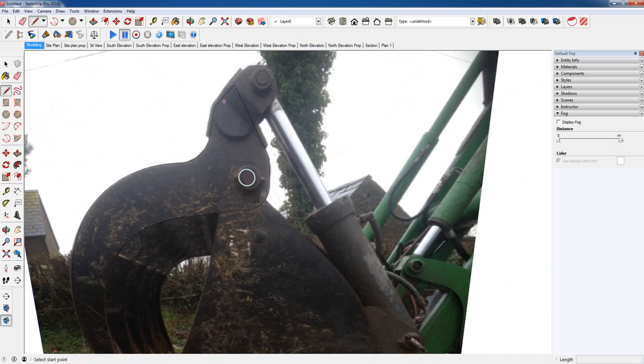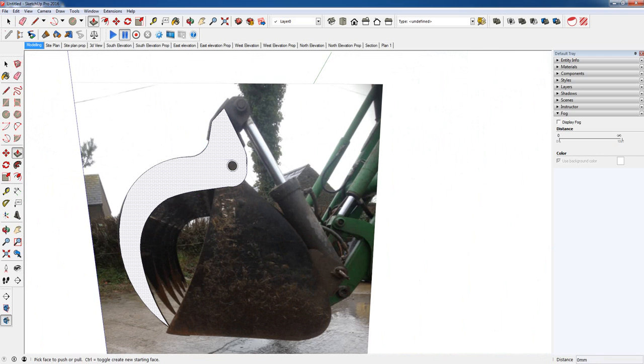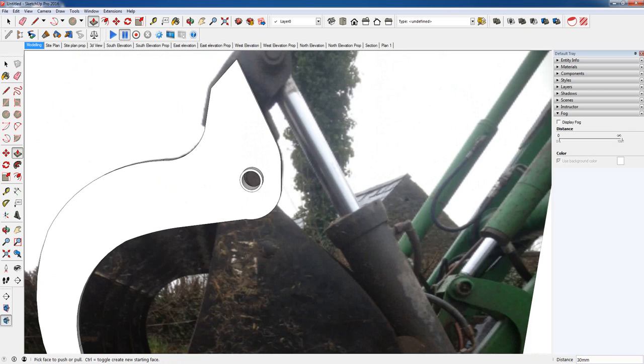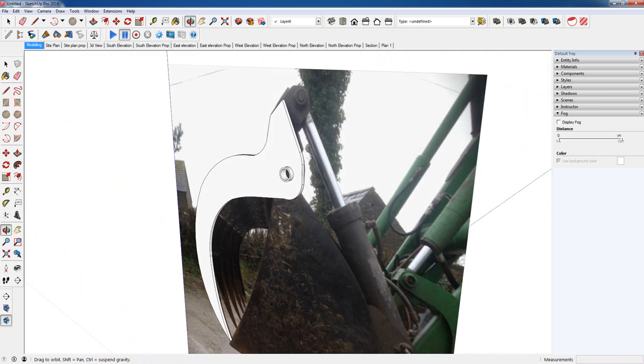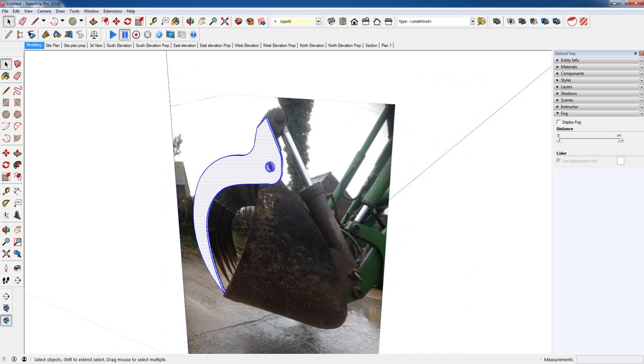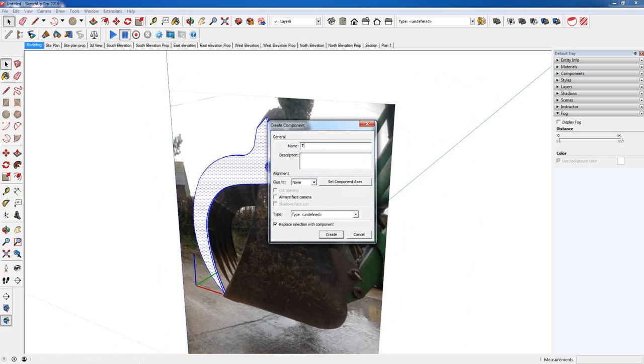So again, if I want to put a face back in this, I'm just going to draw a line along one of those points. Now if I pull this out, let's say that's going to be 10mm, or maybe 12mm. So let's assume it's going to be 12mm, and you have the bushing here then, so that's going to be a 30mm bushing. Okay, so now what we basically have is one entire tine there. So if I can make that component, we'll call this tine